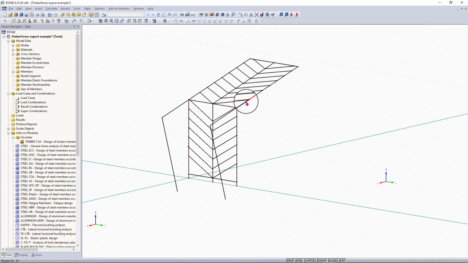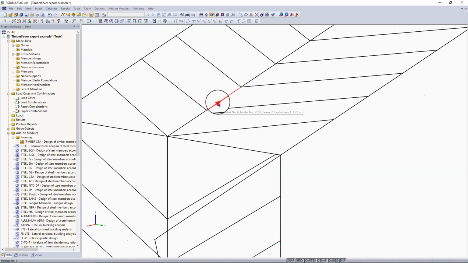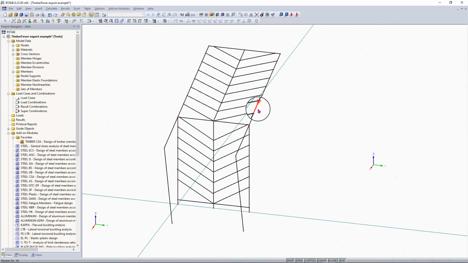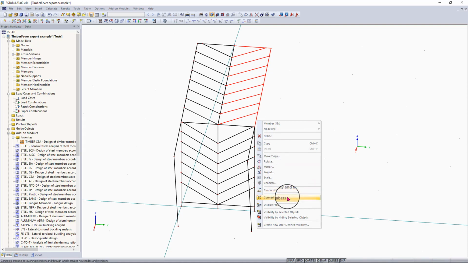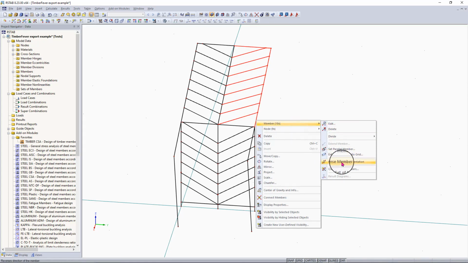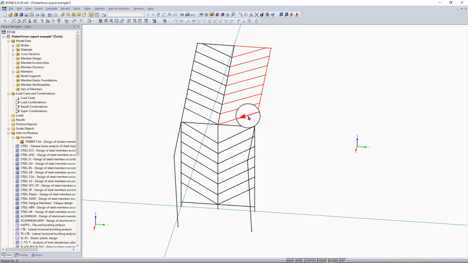So it looks like this whole beam here has a different orientation than this one, and I can tell that because of the red arrow right here. I will change this whole line's orientation to match these two right here, and to do that I can simply highlight this whole line here, and then I can right click on it and go to members, and then I can go to reverse member orientation. Yeah. So now our member here is in the same orientation as these two members here,